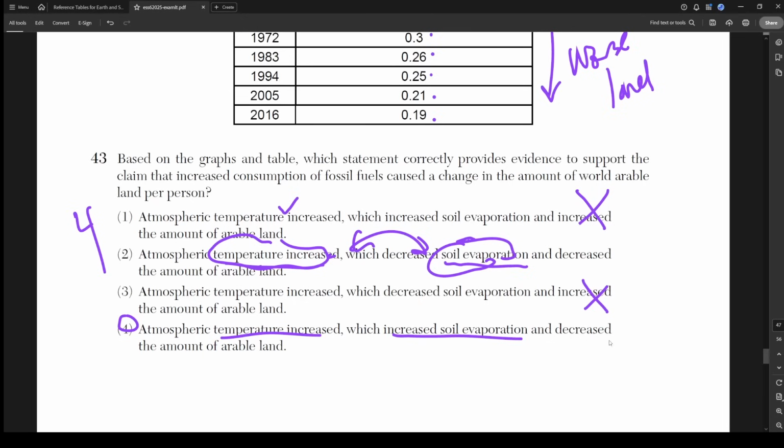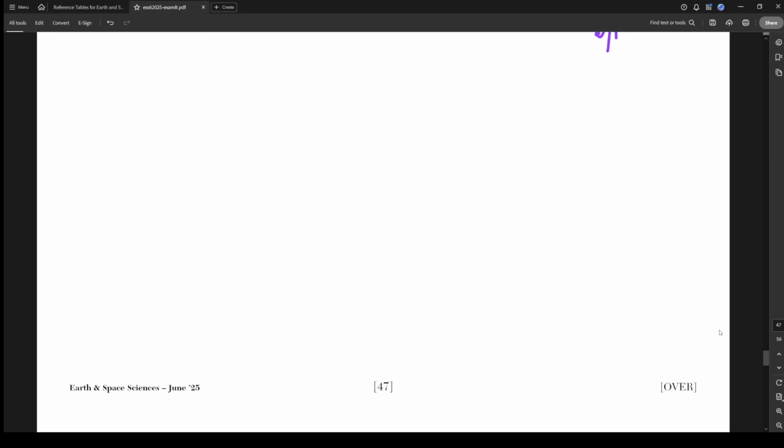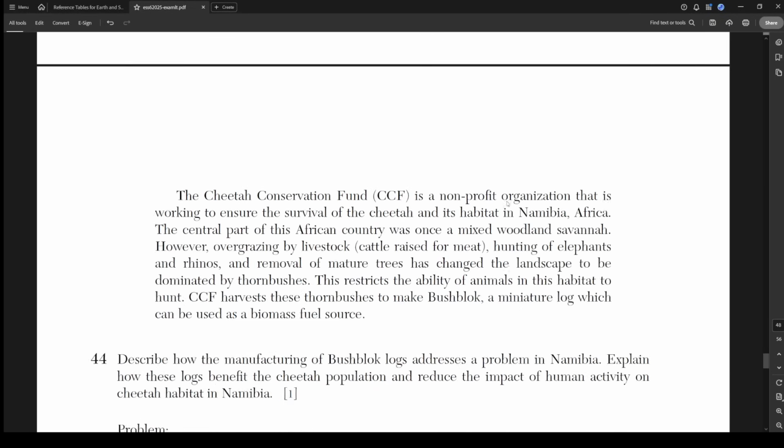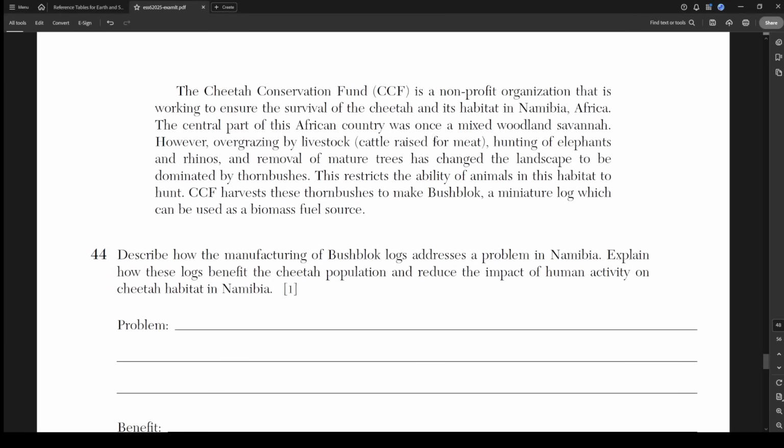So I would say that's a 5 out of 10 plus 1, so that's a 6 out of 10. These, I have to say, we haven't really had any less than a 5 recently, so this is kind of harder. All right. The Cheetah Conservation Fund, CCF, is a nonprofit organization that is working to ensure the survival of